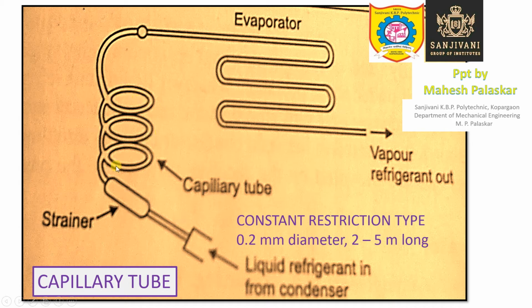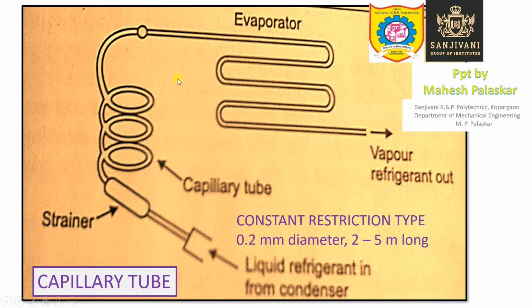Moreover, if moisture is present in the refrigerant, you will find that the other end of the capillary tube, which is closer to the evaporator, has a temperature of less than 0 degree centigrade. So here the moisture will freeze into ice, and this will lead to ice choking of the passage. When the refrigerant is unable to flow through the capillary tube towards the evaporator, the system will be unnecessarily heavily loaded, and this may damage the system, and cooling will also not take place, right?